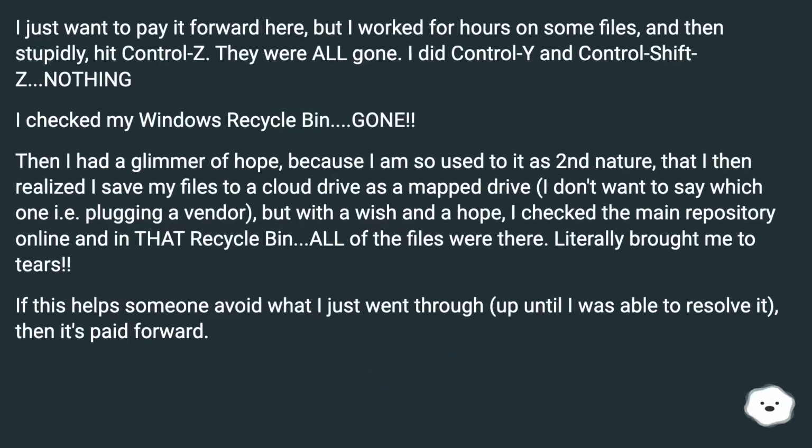I just want to pay it forward here, but I worked for hours on some files, and then stupidly hit Ctrl+Z, they were all gone. I did Ctrl+Y and Ctrl+Shift+Z, nothing. I checked my Windows recycle bin, gone. Then I had a glimmer of hope, because I am so used to it as second nature, that I then realized I saved my files to a cloud drive as a mapped drive. I don't want to say which one, i.e. plugging a vendor,